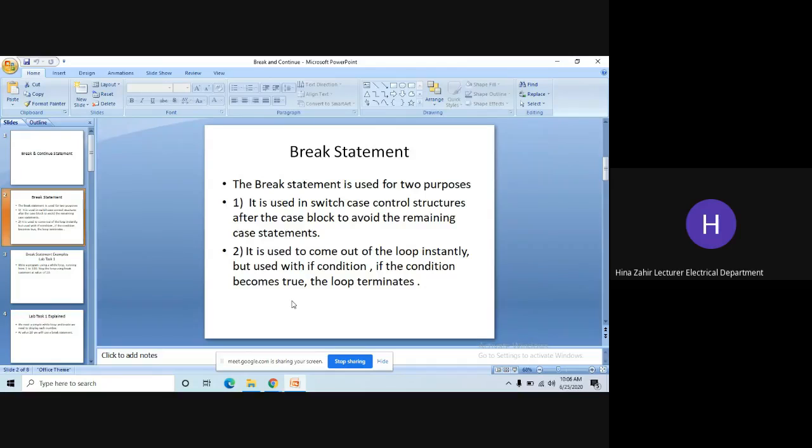If we do not use the break statement after every case, then the program will make every case true. So that's why break is very important. That is one place. In the second place, if you are running a loop, a while loop or a for loop or any loop, you want to come out of it in the middle or at any point, you can do that by using a break statement,